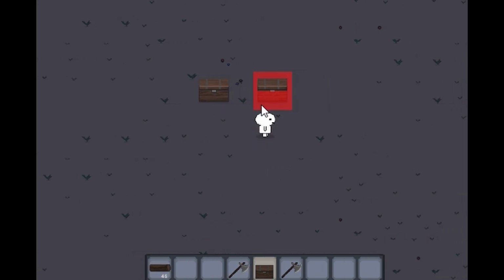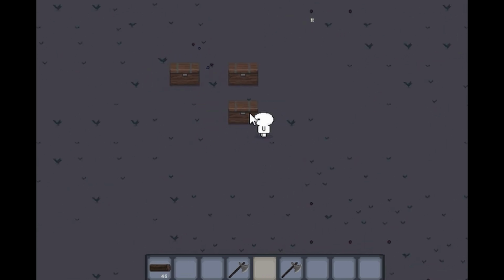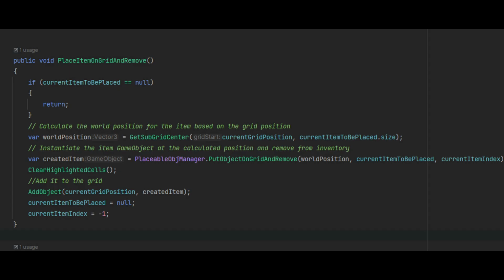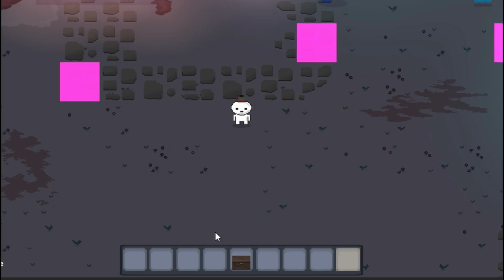Then when we click on the map, it will place the item at the correct grid position if all of the checks are passing. So to place the actual item on the map itself, this is done by calling place item on grid and remove. When we've selected a placeable item from the inventory and made sure that we are capable of placing it on the map and then click on the map, all this really does is instantiate the item on the map at